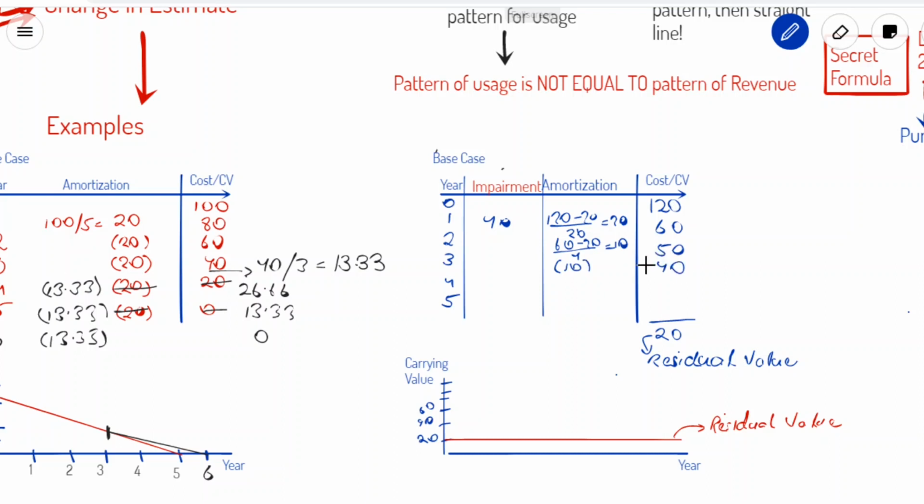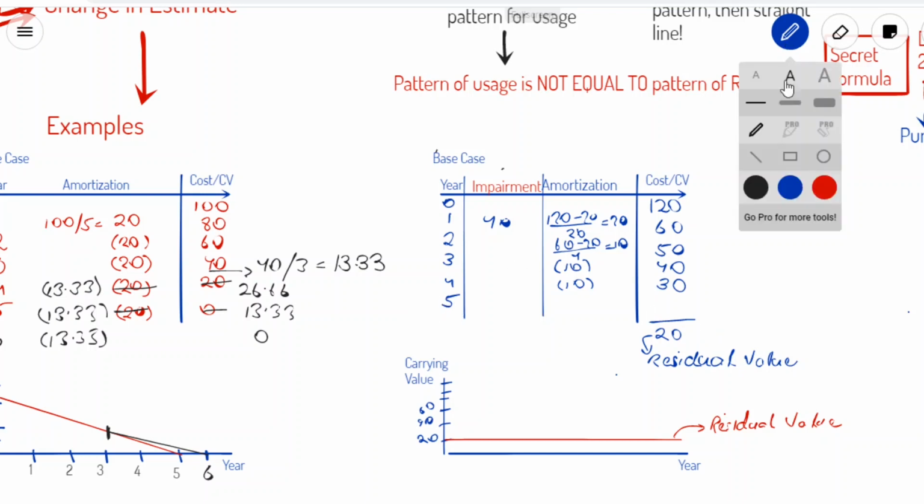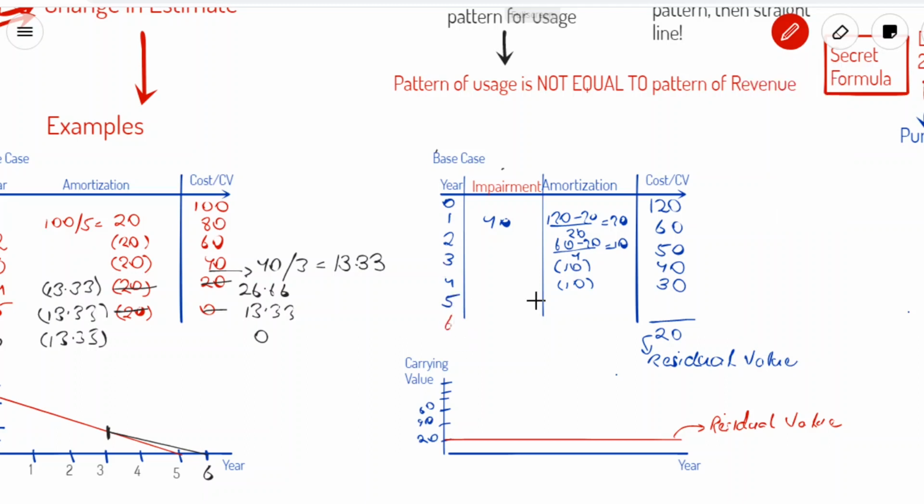Now, what if at the end of the 4th year, which means after we have amortized that asset for $30 more, and the carrying value then would be 60 minus 30 equals to $30, right? Now, at the end of the 4th year, if we expect that the useful life of the asset would be extended by 1 year, which means instead of ending at 5 years, it would now be ending at 6 years, which means that we would have to amortize the remaining value of that asset over next 2 years. So can we compute that amortization? Yes, we can. And that is 30 is the carrying value less the residual value, which is $20, divided by the remaining useful life, which is 2 years, and this gives us $5,